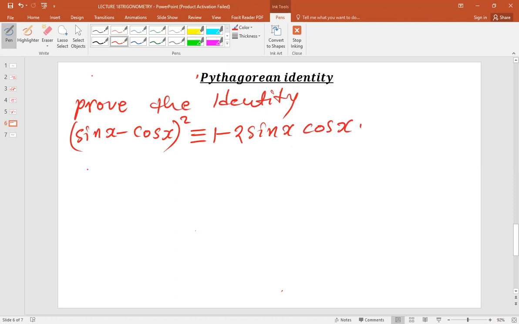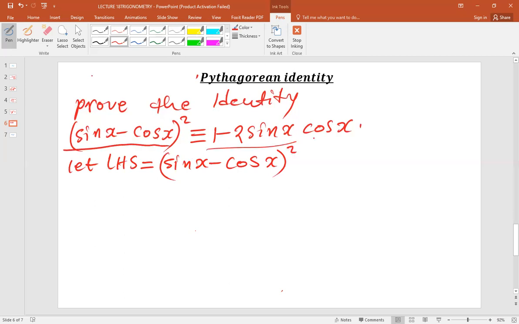So I'll take the left-hand side. This is how you prove an identity. So say, let the left-hand side be equal to sin x minus cos x. I have to prove that what I've been given here is equal to that. So let me begin to prove. Let me draw a line there. Okay, so